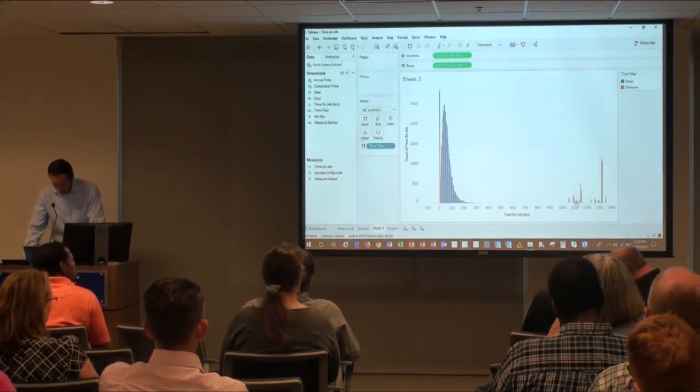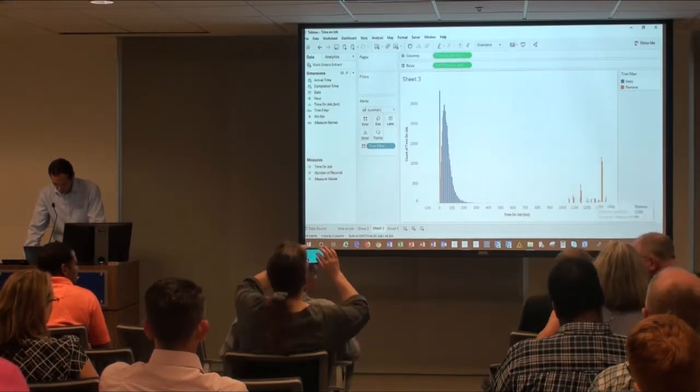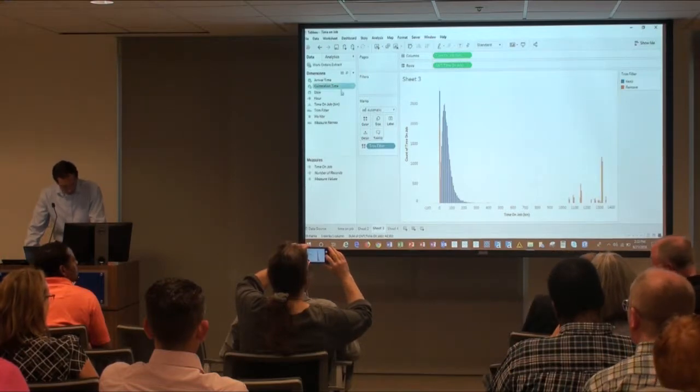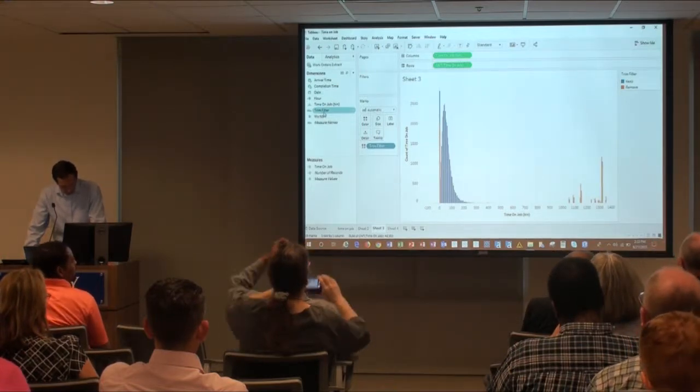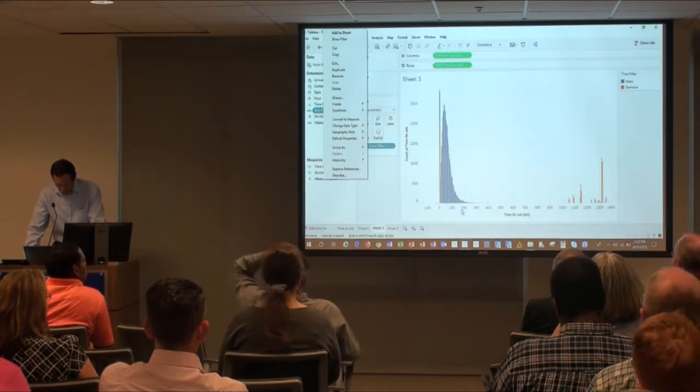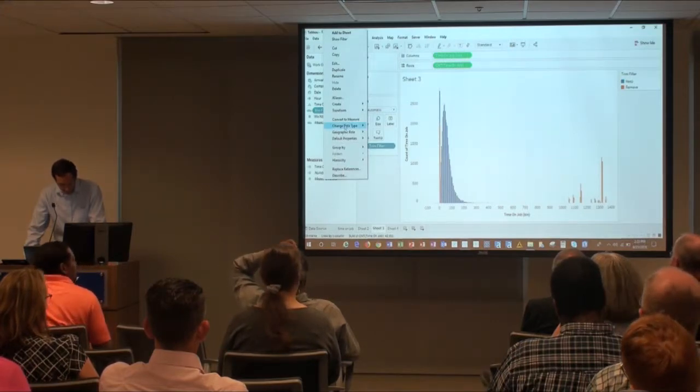We can see that this condition up here did end up orange. The blue is what I want to keep.